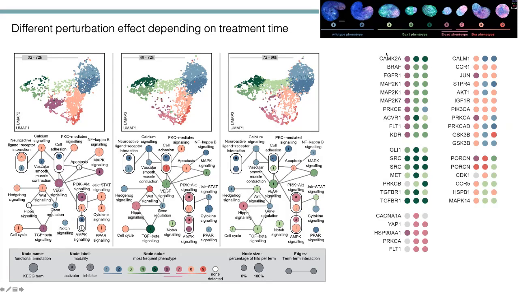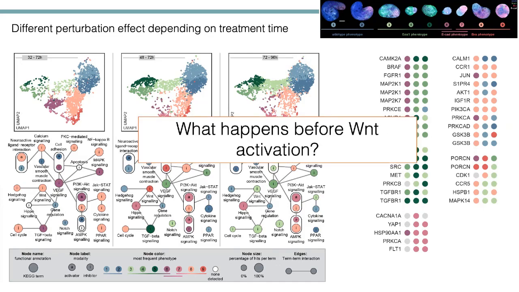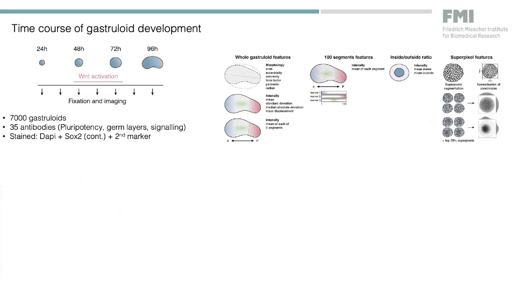So this is what we were mainly interested in. Our question at that point was, what happens before Wnt activation? Most of the field really thought that Wnt activation would drive symmetry breaking and the asymmetric expression of brachyury. But what we tried at that point was to set up a time course experiment of gastroloid development. We take the gastroloid, with exactly the same protocol, but then we fix them at different